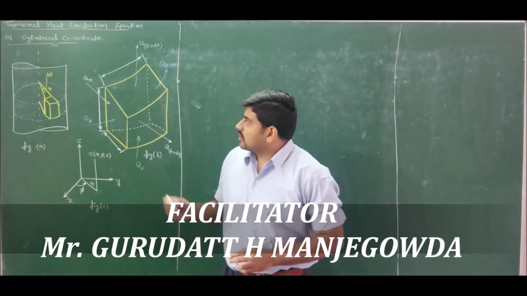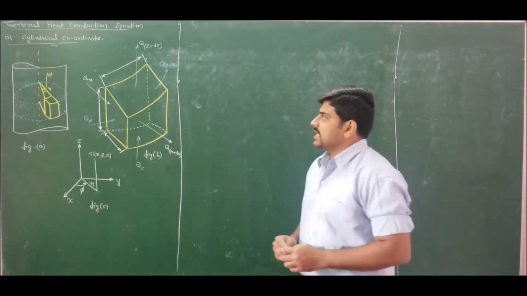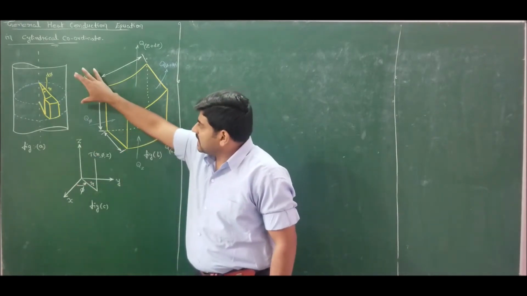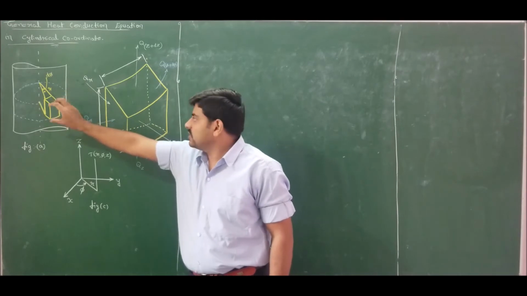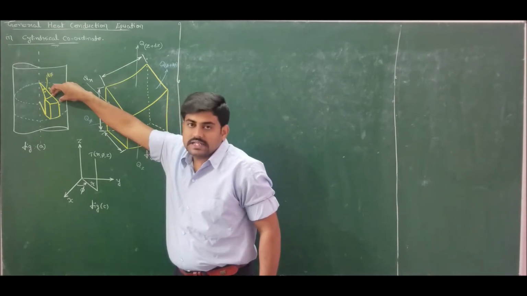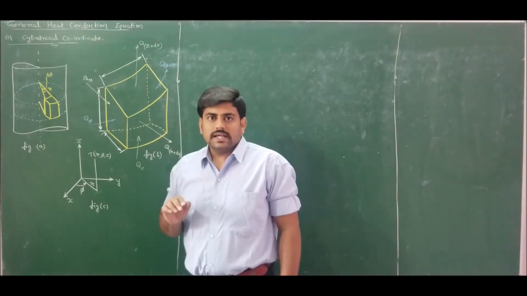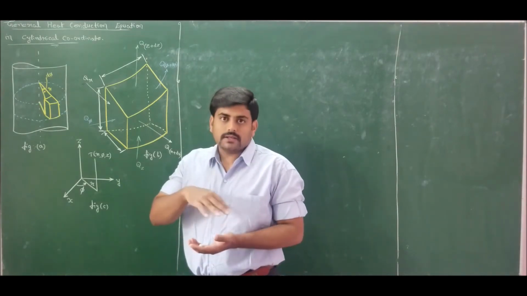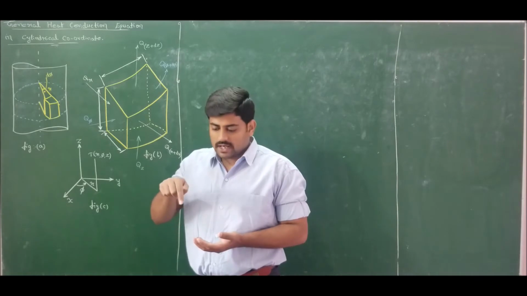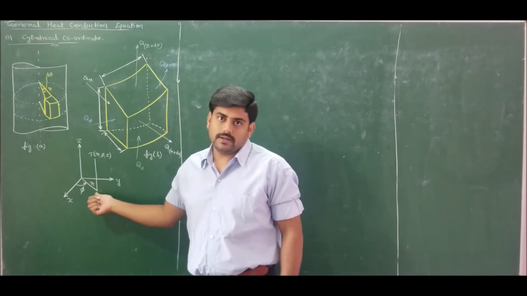Now, moving ahead, for deriving the three-dimensional governing differential equation for heat conduction in cylindrical coordinate, let us consider a shaft as shown in figure A. On this shaft, let me consider an elemental volume as shown in the figure at a distance of r. Let the volume thickness be dr. If you clearly observe, for a cylinder, the radius r varies in the horizontal plane because the top face and bottom face of the cylinder are circles. Therefore, we have represented r in the horizontal plane.